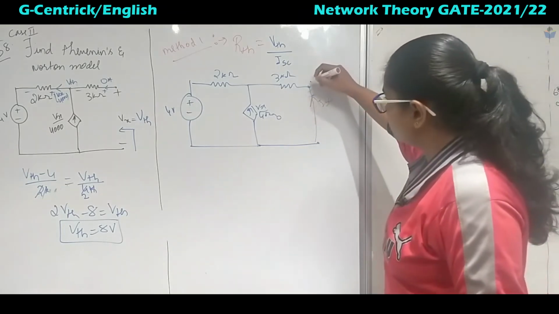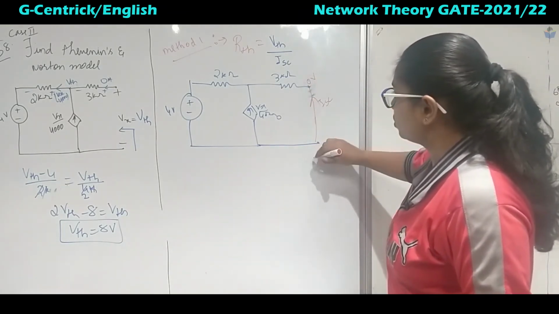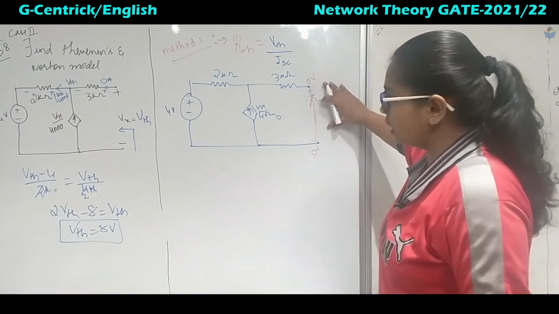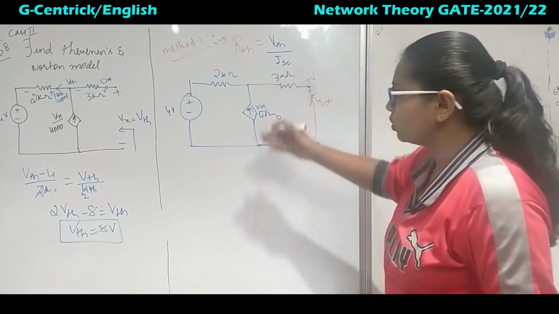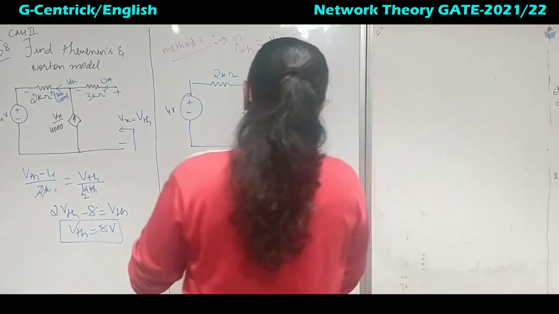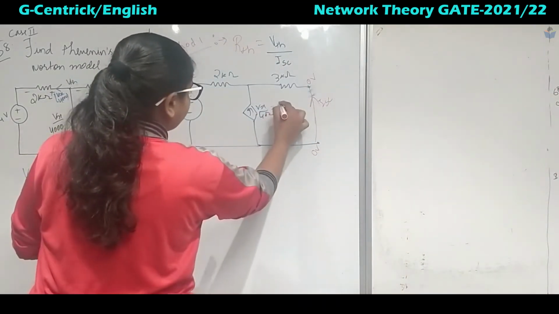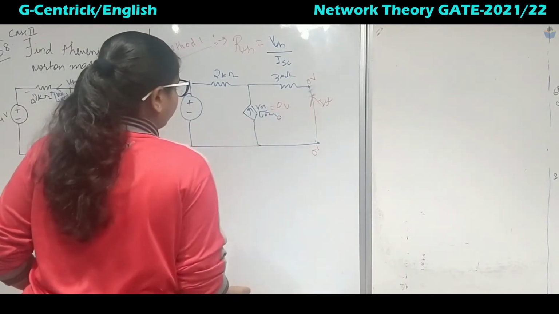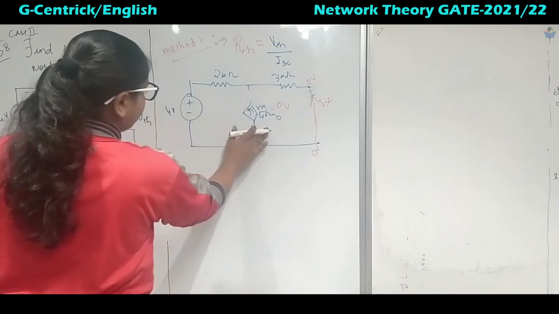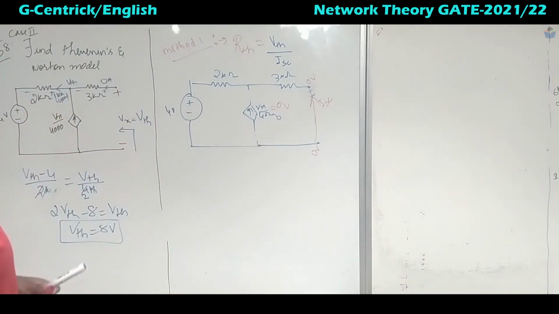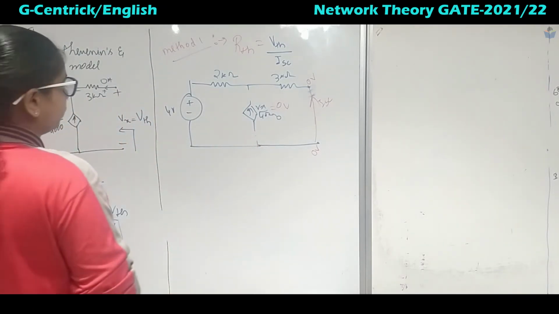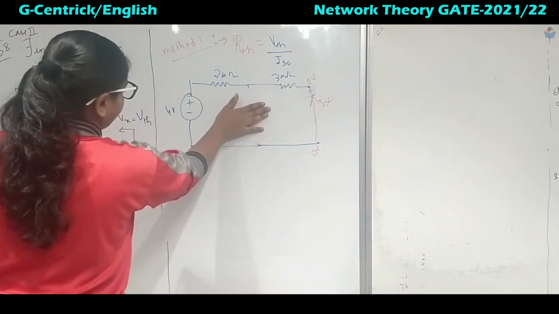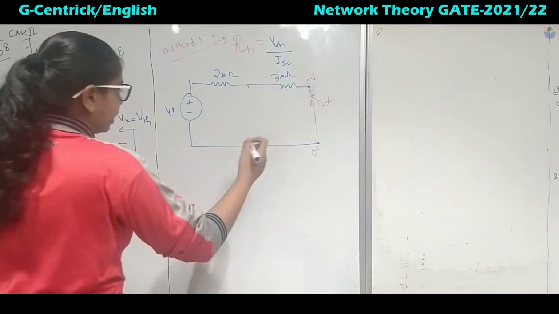Now this is 0. Since it is short circuit, this is also 0. So when this is 0, here it is also 0. This will have no value. Vx will be equal to 0 because Vx is equal to Vth. This is 0 volt. What will happen here? Since it is a current source, it will become open circuit. So when it is open circuit, the circuit is reduced to this. So now directly I can find current ISC.